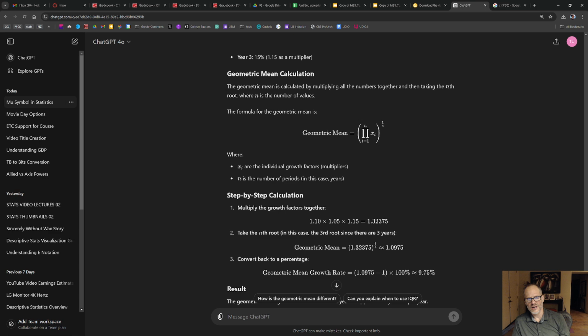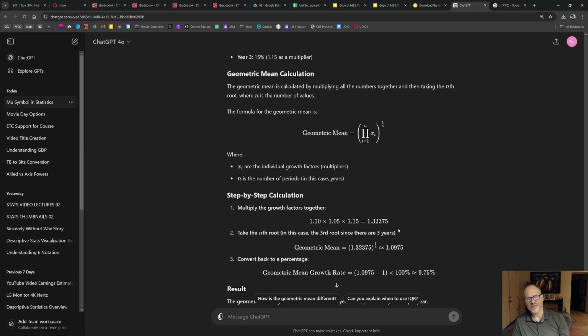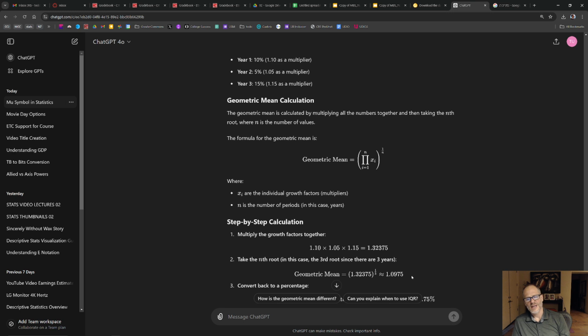9.75% per year. So here, if we were to calculate the average of this over time, we would say the average is 10%, because 10 plus 5 plus 15 is 30, divided by 3 is 10%. But really, when you're compounding things each year, it's going to be 9.75% each year, because in year zero, we